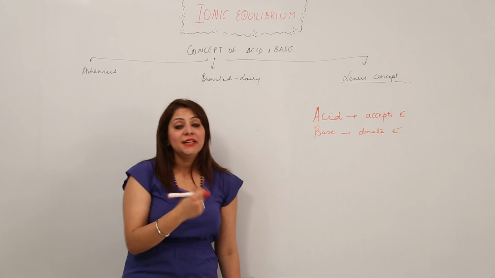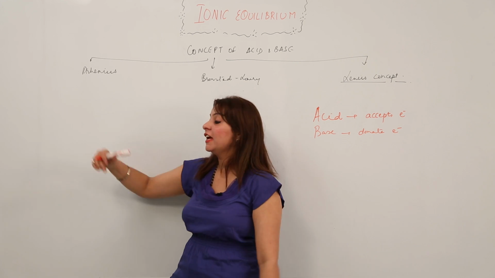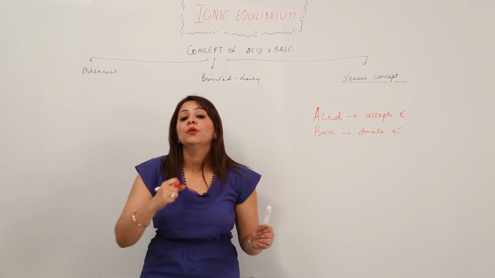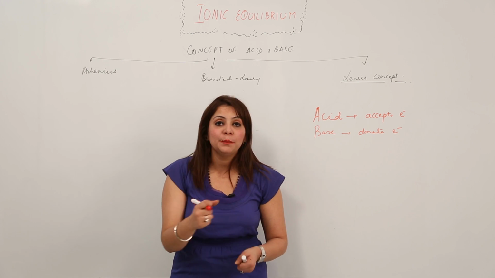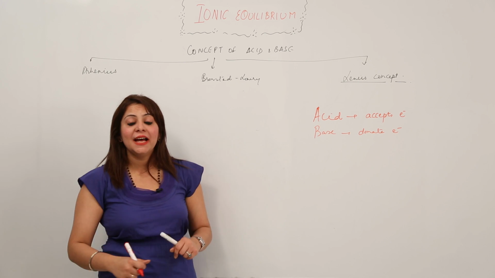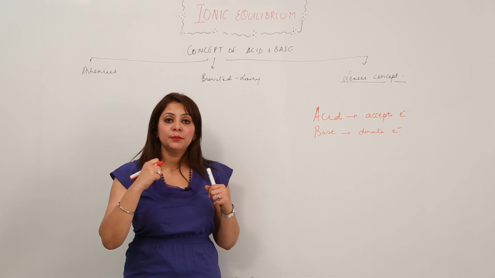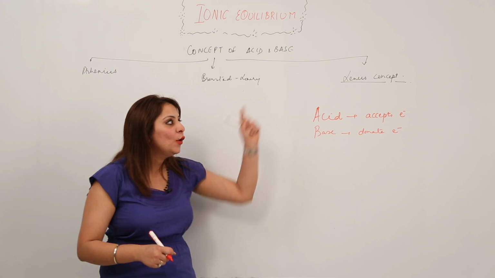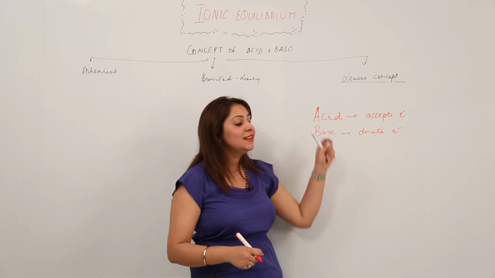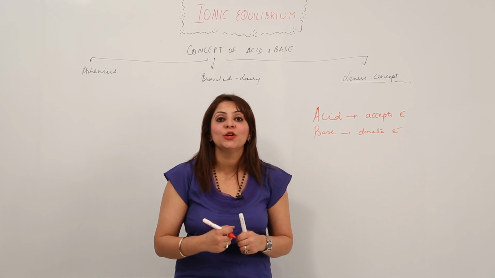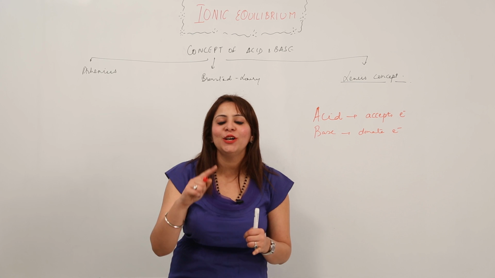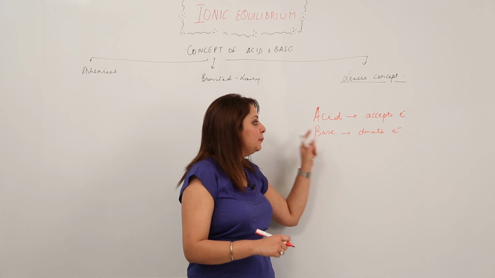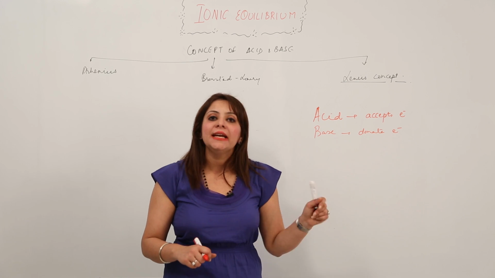That means now in this case, you can say in the Arrhenius concept, acid was a substance which was donating the hydrogen ion, and the one which was donating the hydroxide ion was a base, right? In the Bronsted, what was that? It was that the proton donor was an acid and the proton acceptor was a base. Now in the third case, what is it? Acid is that which accepts the electron. It is not donating the H ion, it is not donating the proton, it is just accepting the electron. And base is that which donates the electron, right?